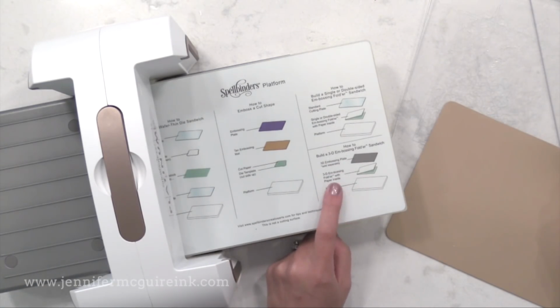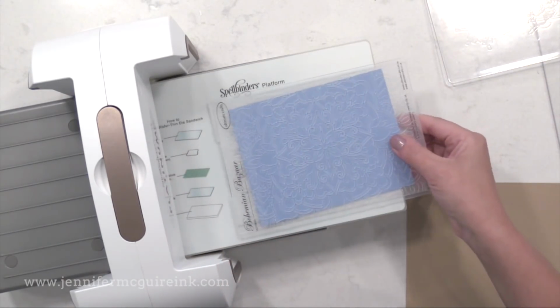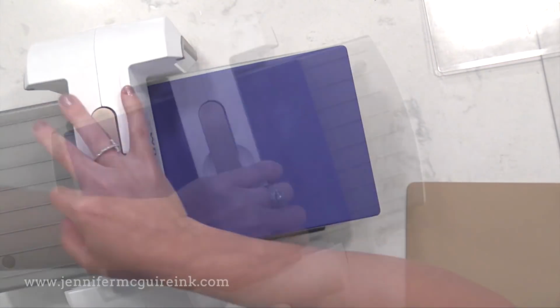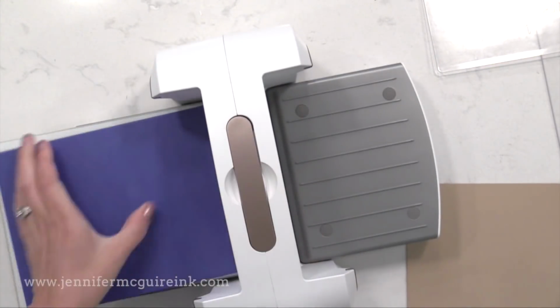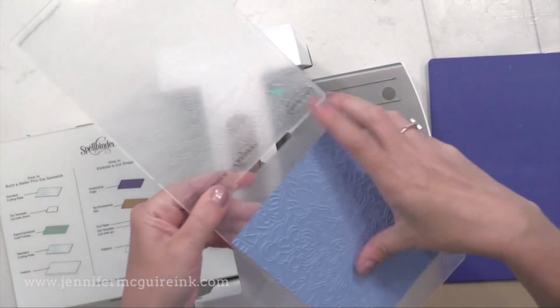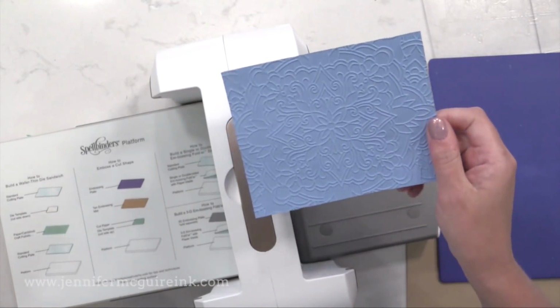I'm following the instructions right on the platform, so it's super easy. I put my paper inside of the embossing folder and put that directly on the platform and the blue plate on top. In this case, you do not need to use any of the cutting plates, and you get a beautiful result. Now, if you want to emboss with one of your wafer-thin dies, you can also do that with